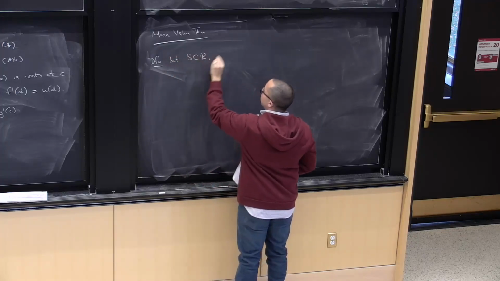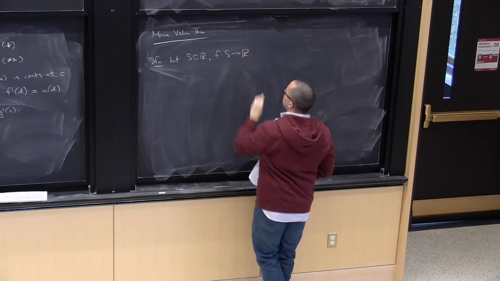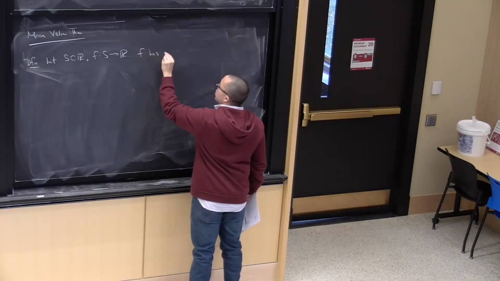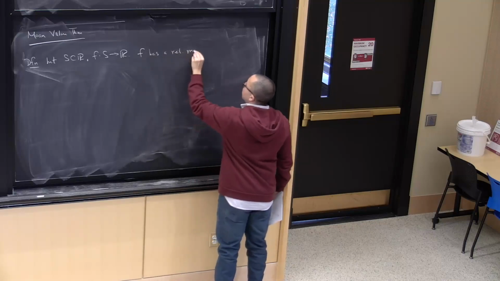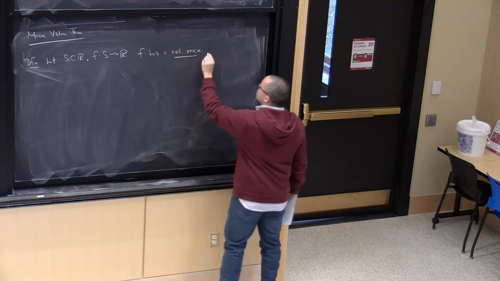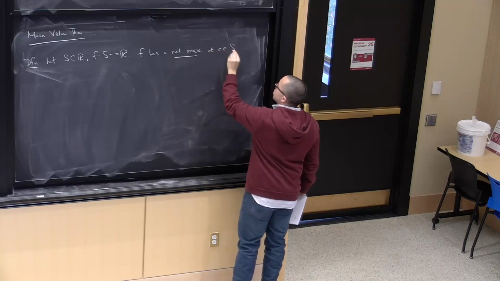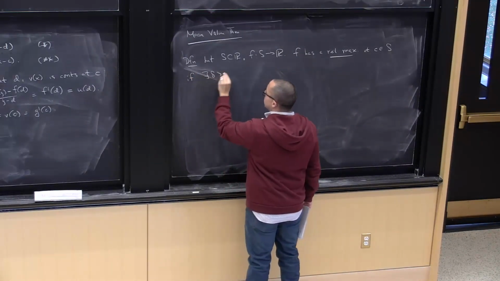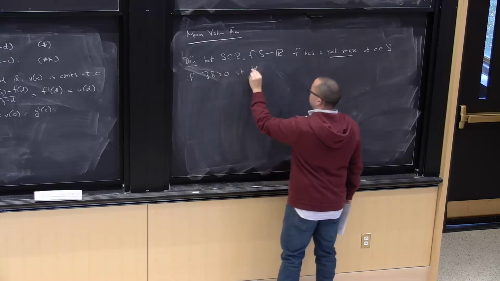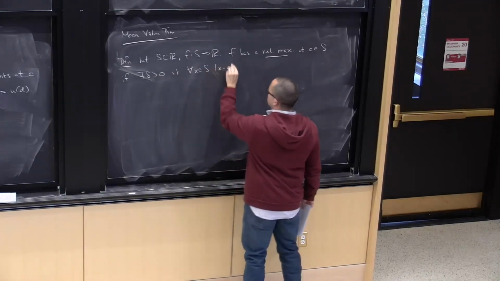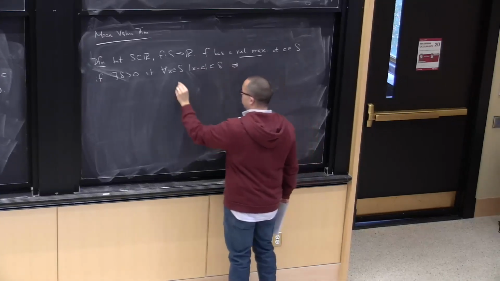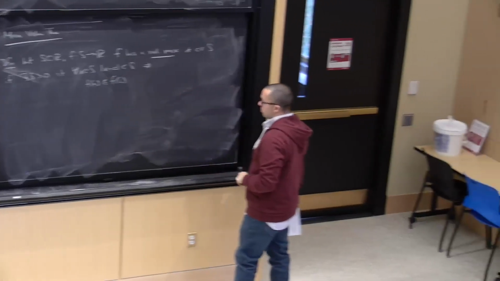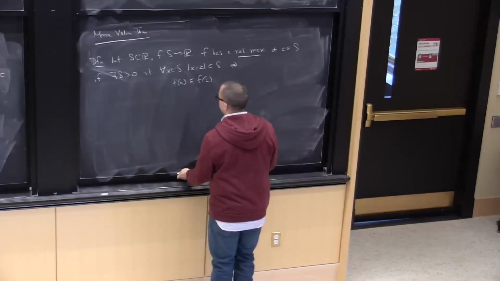Let S be a subset of R. Let f be a function from S to R. We say f has a relative max at c in S if there exists a delta positive such that for all x in S, if |x minus c| is less than delta, then f of x is less than or equal to f of c. Okay? So the picture here, and then let me